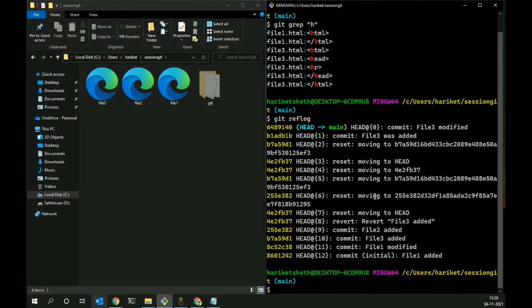So yeah, we covered git reflog as well, and in your next session, which is part 4, we'll be jumping to GitHub. There we'll be covering more git commands, and also we'll be seeing their usage with GitHub. So basically we'll be covering branching, merging, and all of those concepts as well. So I'll be able to explain those concepts and those git commands better with the help of GitHub.